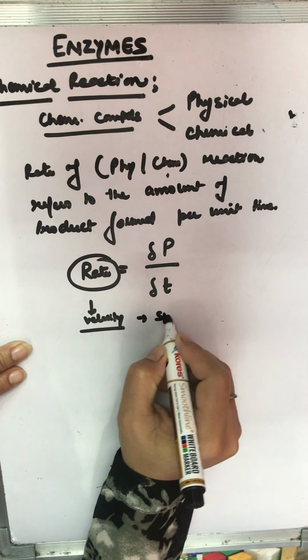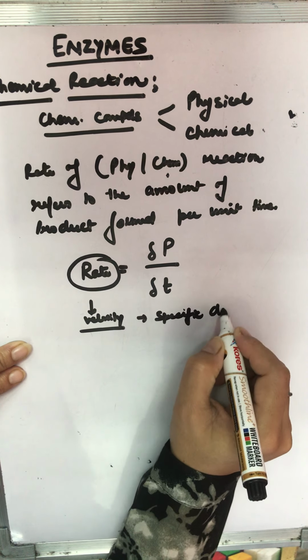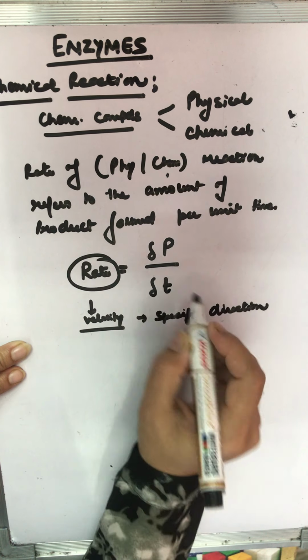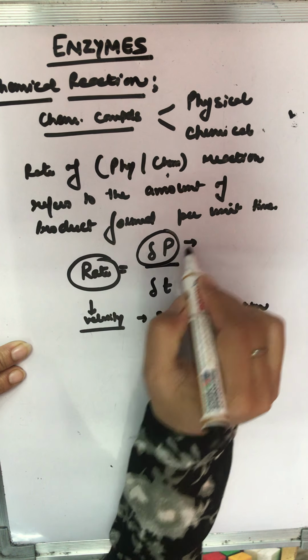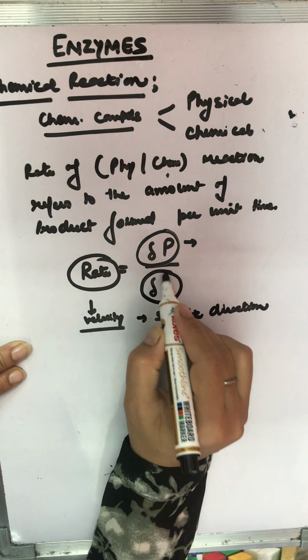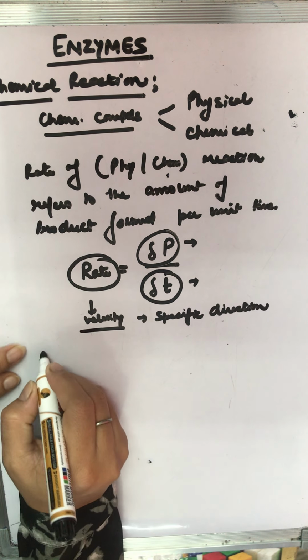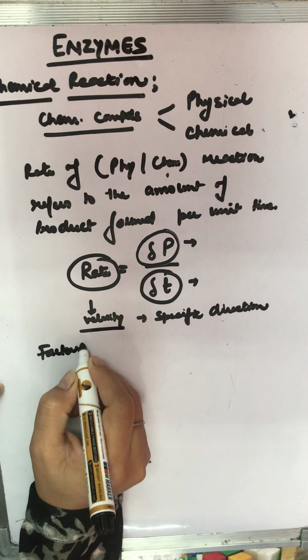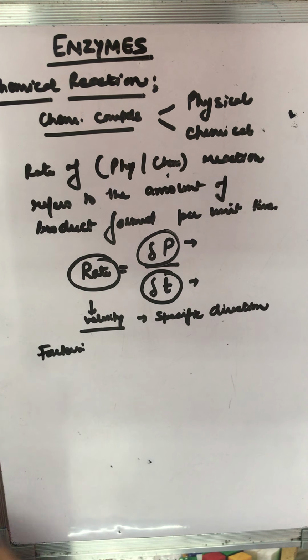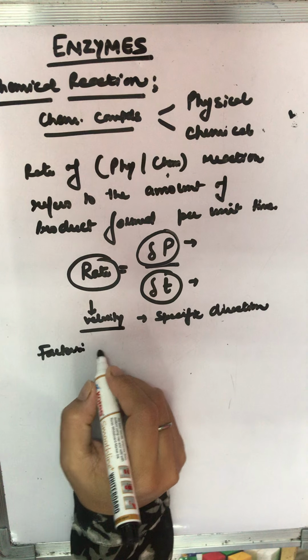When there is a specific direction, we know that. But what are we trying to check? We are trying to check a little change in the product formation in the given time. Now this rate of reaction is influenced by various factors. And these factors are temperature,